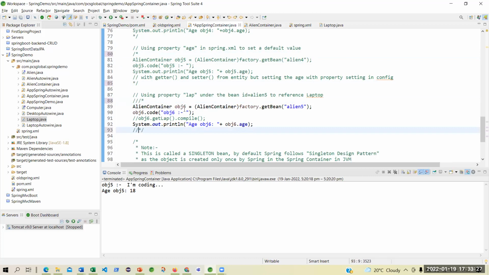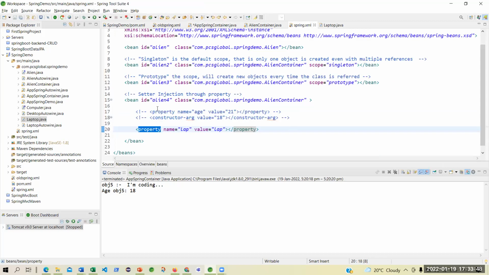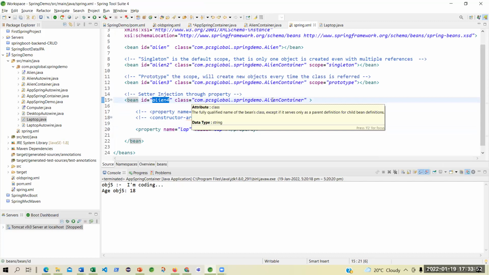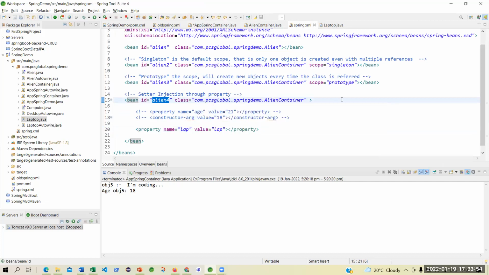So think of this OBJ. OBJ, another OBJ, but now I'm using align 5 so that there is no confusion. Or I can use align 4. What's the harm? Okay, I will better use the same thing, align 4.